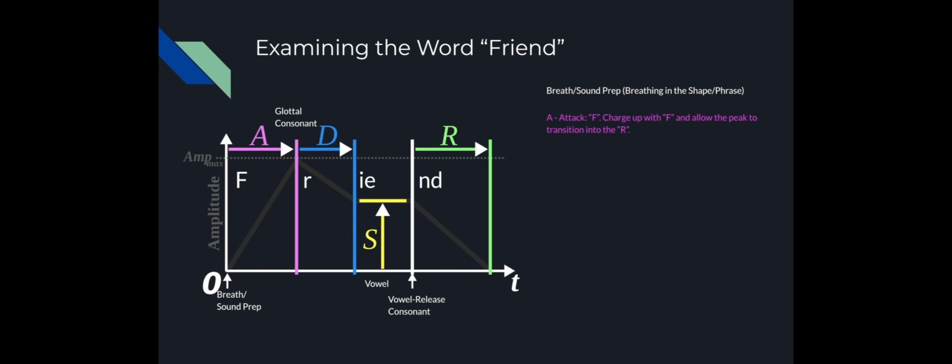And with most choral music, you want to allow the F and the R to be very energetic, but to allow the vowel to take precedence, right? Because the vowel carries pitch, and the vowel carries tone, the sound, and whatnot. But there are certain compositions that require you to stay in this area, this attack and decay area.